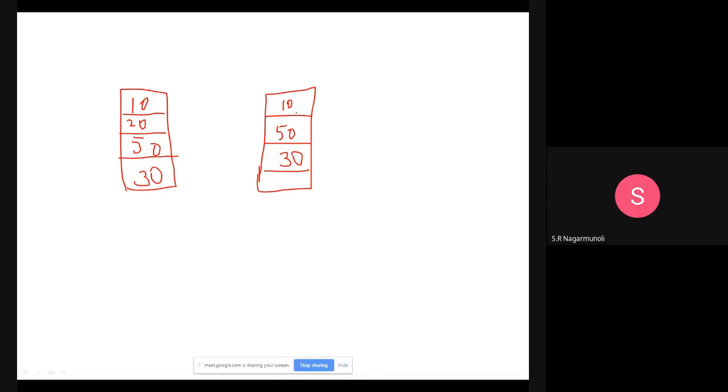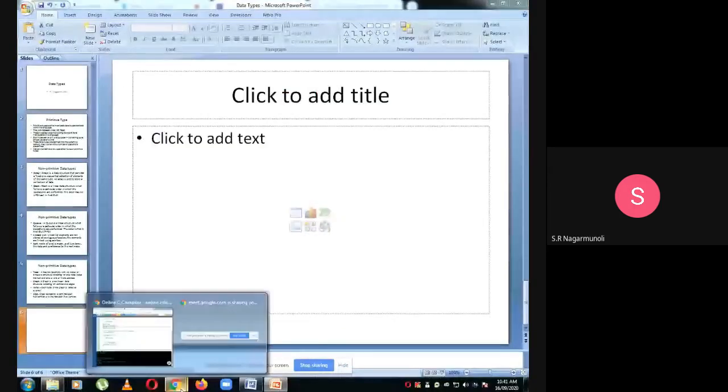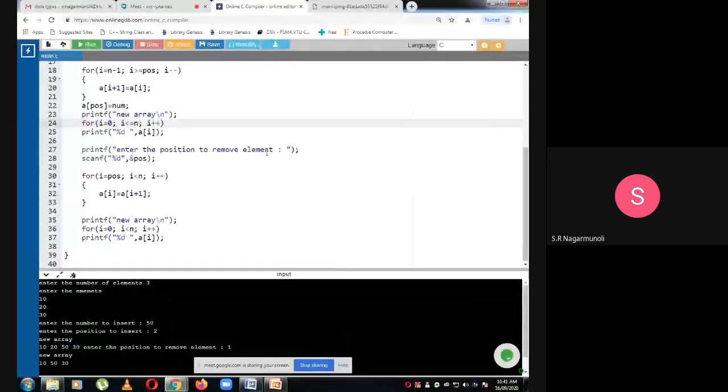Now in the array you have 10, 50 and 30. Hope it's making sense to you all. That is what I'm doing in the program here. Enter the position to remove the element. I will enter the position as 1. Then i is equal to 1, while i is less than n, I'm going to perform this operation.